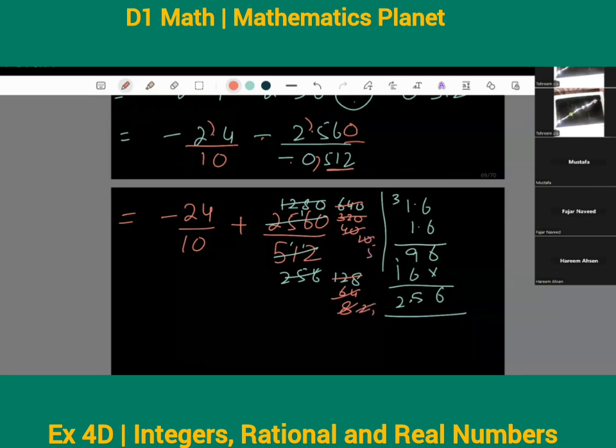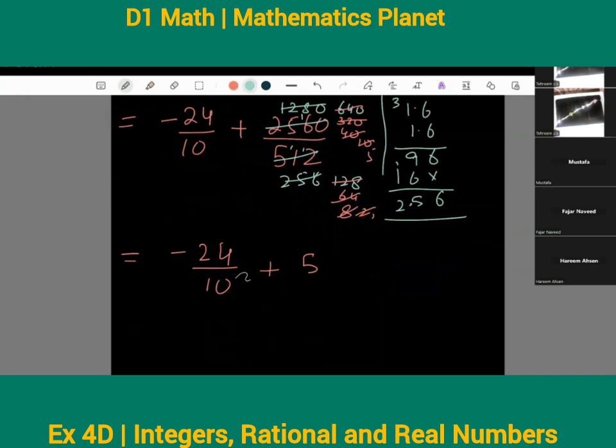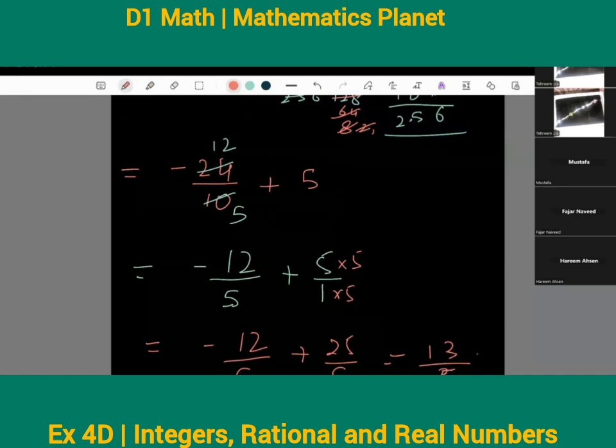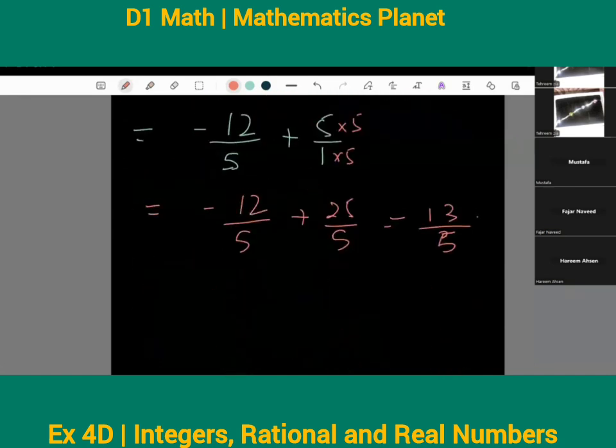So basically इस पूरी कैलकुलेशन का आंसर क्या आया है, -24/10 प्लस 5 आया है। और ये -24/10 को भी हमने सॉल्व करना था। 2 times 1 is 2, 2 is 4 and 2 times 5 is 10। सो ये हमारा आ गया -12/5 प्लस 5, 5 की डिनोमिनेटर में हमने 1 लगा देते हैं, क्योंकि डिनोमिनेटर में कुछ नहीं है तो 1 लगा देते हैं। मल्टीप्लाई बाय 5 कर लेते हैं। -12/5 प्लस 25/5 which is equal to 13/5 आपका आंसर है।